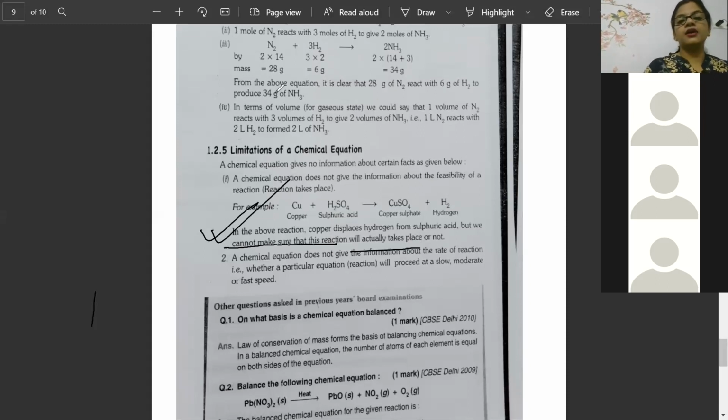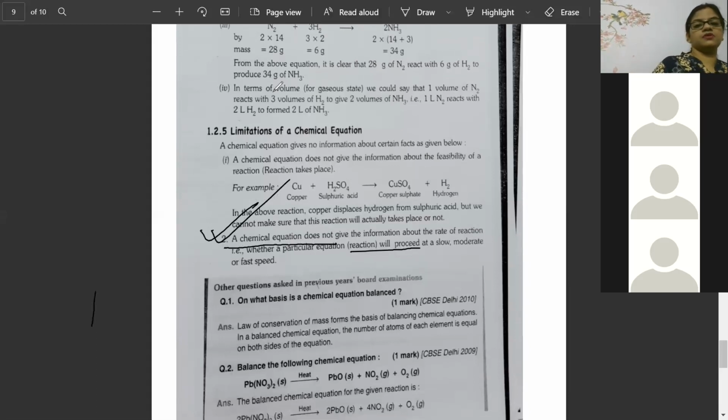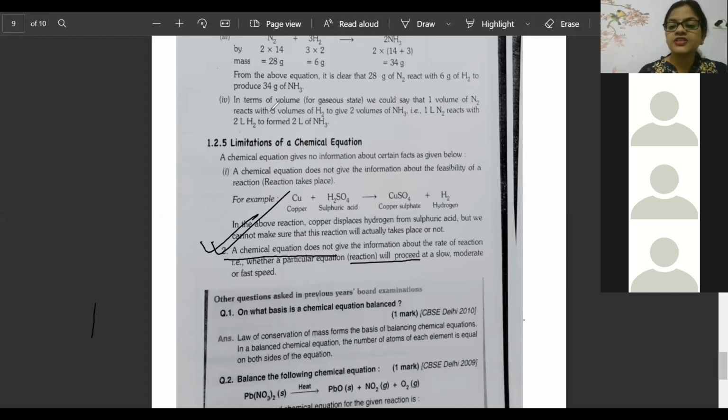How many atoms of lead are there? Pb is how much in number? 1 on both sides. Oxygen is how much in number? This side oxygen is 6. This side oxygen is 2, 2 are 4 plus 1, 5. Okay, lead is 1 in number, nitrogen is 2 in number, here nitrogen is 1 in number. So first what work will we do? We will put 2 here.